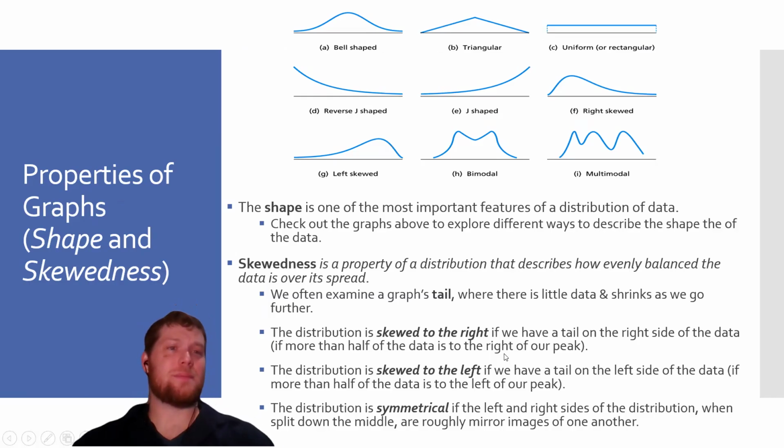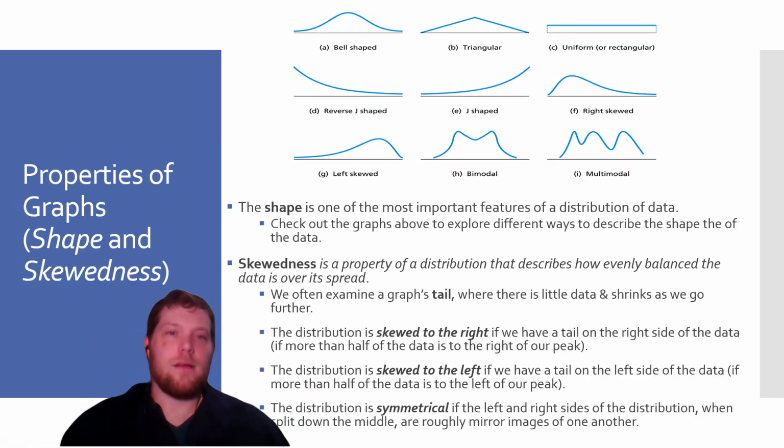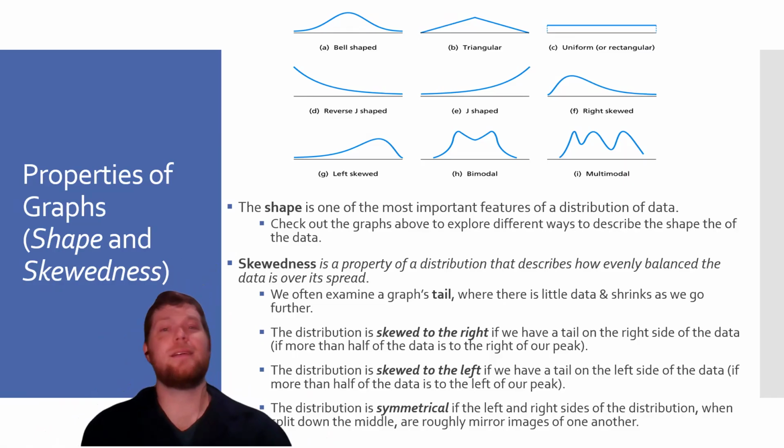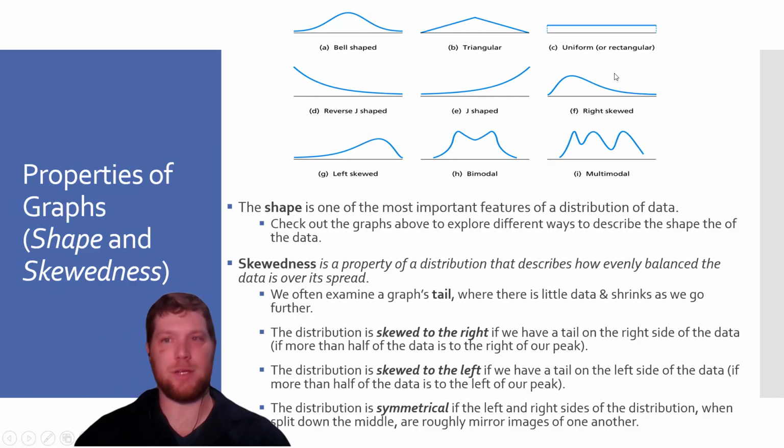The shape of a graph is really one of the more important features of data. It tells us what it looks like. Things like bell shapes, triangular shapes, uniform, right skew, J shape, reverse J shape. These are a bunch of different possible shapes that could come from there. We also have skewedness, a property that describes how evenly balanced the data is over the spread. In this skewedness process, we can figure out whether something is skewed by the tail of the distribution,